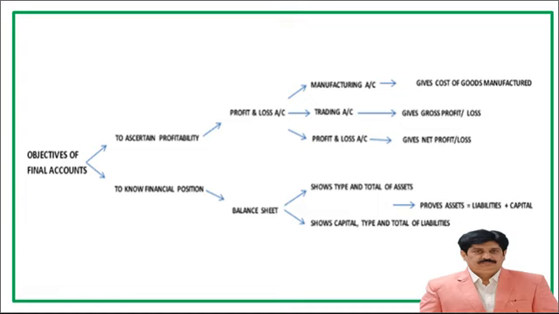In profit and loss account, we are required to maintain 3 accounts. Manufacturing account, which is prepared to know the cost of goods manufactured. Trading account, which is prepared to know the gross profit or gross loss. Profit and loss account is prepared to know the net profit or net loss position. Balance sheet is prepared to know the types of assets